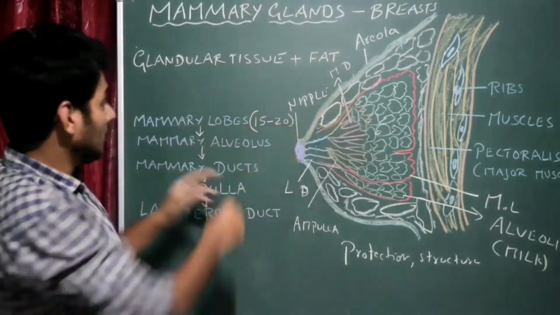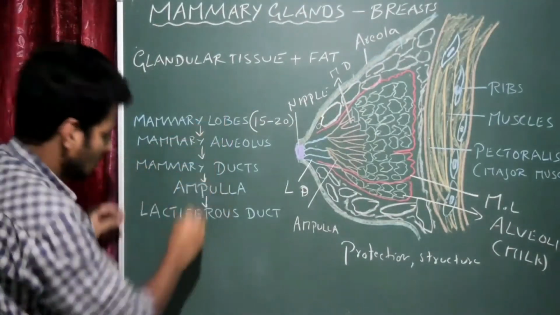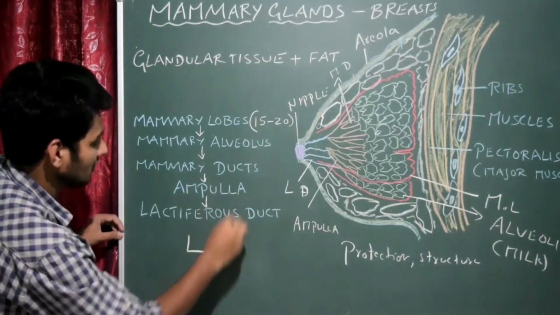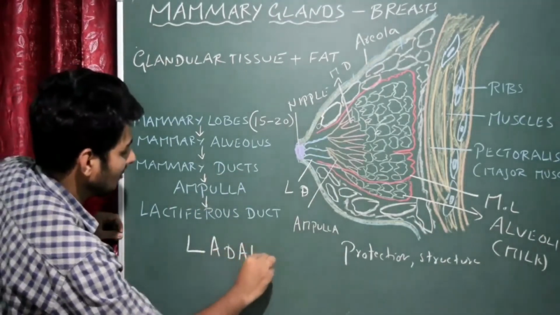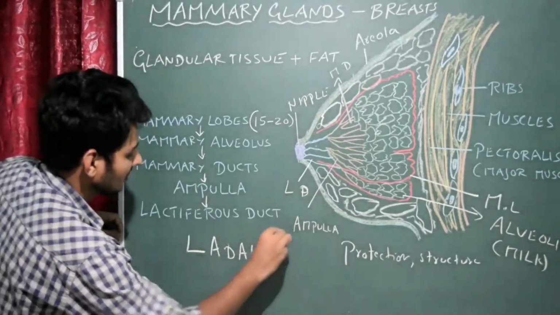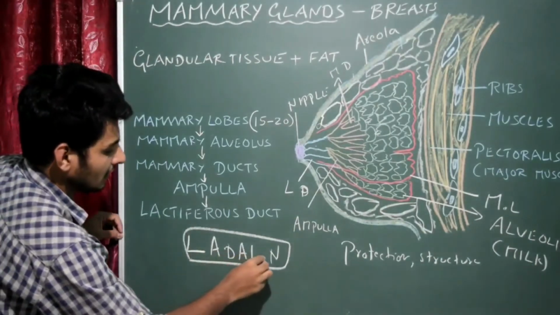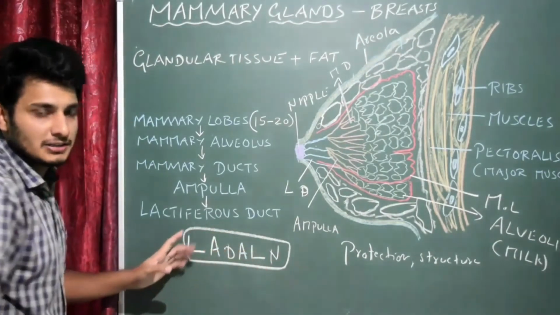Please remember the order. This is very, very important. This is the order. For example, we can write like this: L for lobe, A for alveolus, D for ducts, A for ampulla, then L for lactiferous duct, and N for the nipple. So this is the order. You can remember it as LADALN. Okay, so that's all about